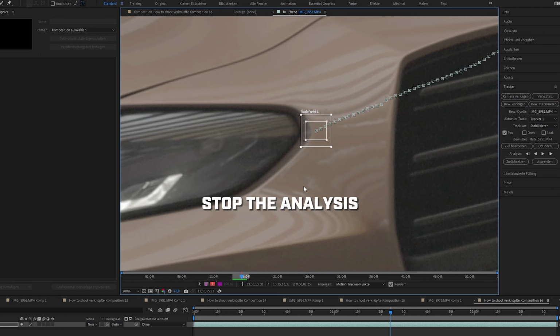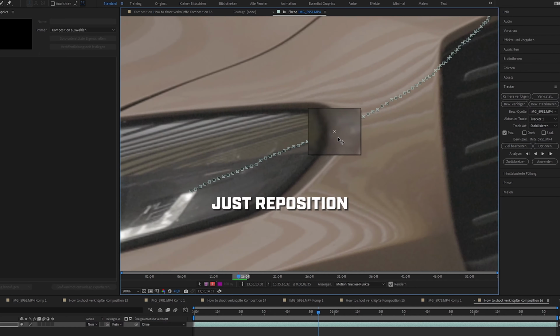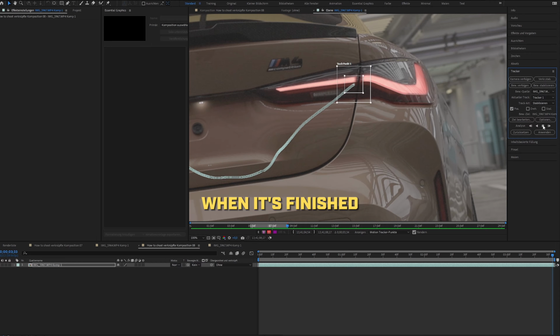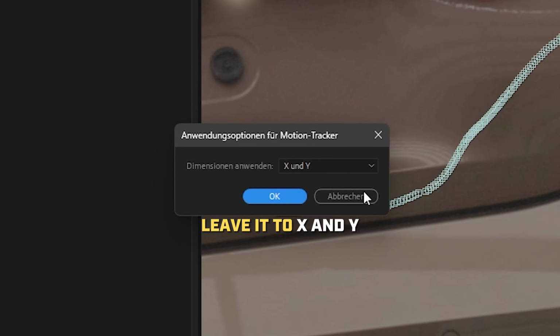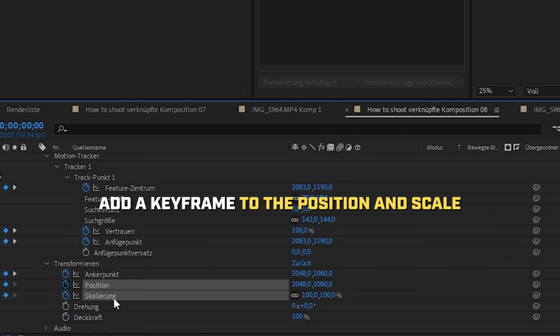In this case, stop the analysis, go back to the frame where you just lost position and just reposition. Click the play button again, voila. When it's finished, click on Apply, leave it to X and Y and click OK. Now go to the beginning of the clip and add a keyframe to the position and scale by clicking that